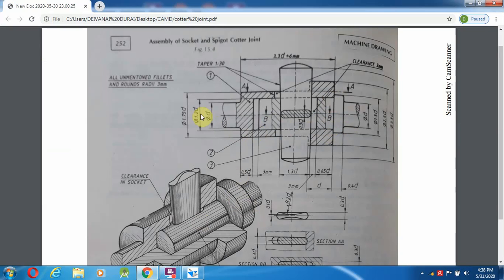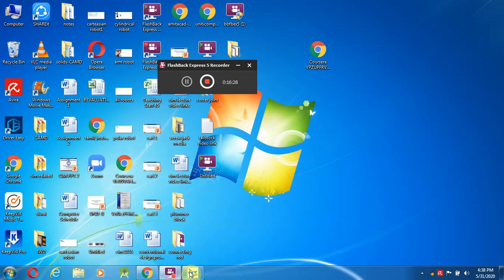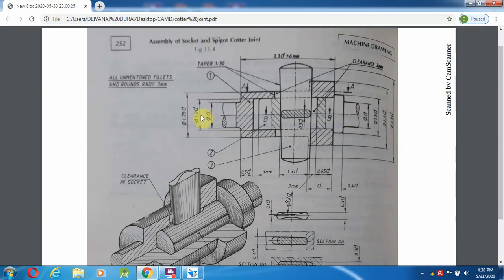That dimension is the 1.2d, because this is the solid part. Already we have drawn the socket as a hollow part. Okay, now we are going to draw the solid part. So the solid part dimension, 1.2d.